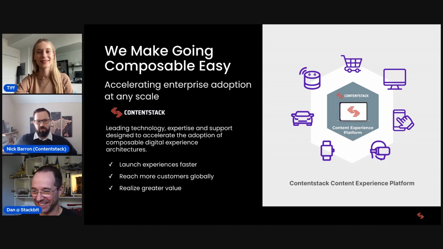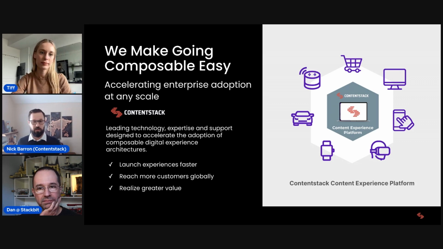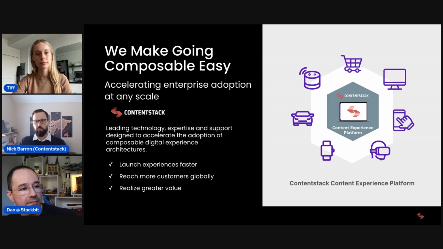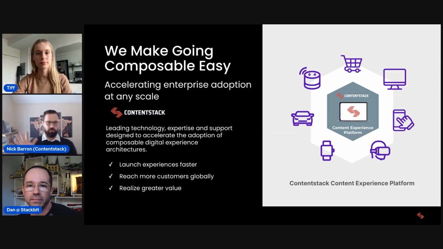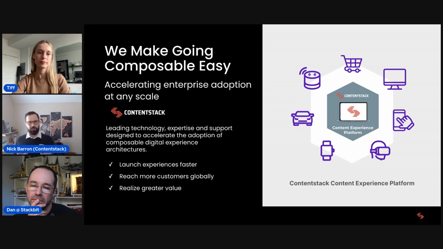And so when we start thinking about that, this is typically in the beginning of somebody's journey of building this big Lego set. One of the places that people often start, not always, but often, is with the content management system, because that's going to drive a lot of the other things. And also, typically, those legacy platforms were CMSs, so people have a tendency of starting there as well. And really, when you're looking for any of these different composable tools, whether it's a CMS or not, it doesn't really matter. You need to make sure that the platform is making the composable journey easy. And there's a whole variety of things that we're going to talk about that facilitate that ease of adoption, the ease of pivoting and being able to change.